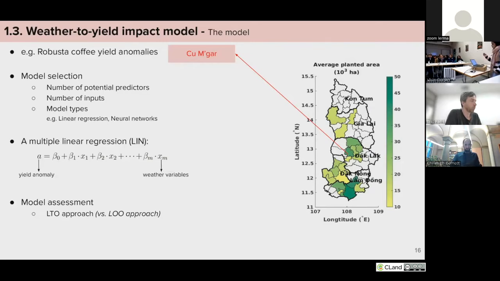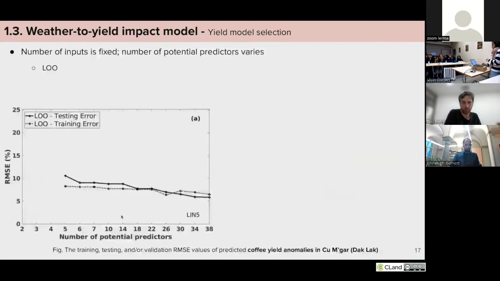And then even with linear regression models, we can have different model selections. We will assess different models during the leave-throughout approach, and a comparison with leave-one-out will be performed as well. In this example, we consider a linear regression with 5 inputs, and we select our 5 inputs among different numbers of potential predictors from 5 to 38. Often we think that potential predictors are not involved in the model complexity, but this is a very important choice in modeling. The list of predictors that we might use can actually impact the models and the risk of